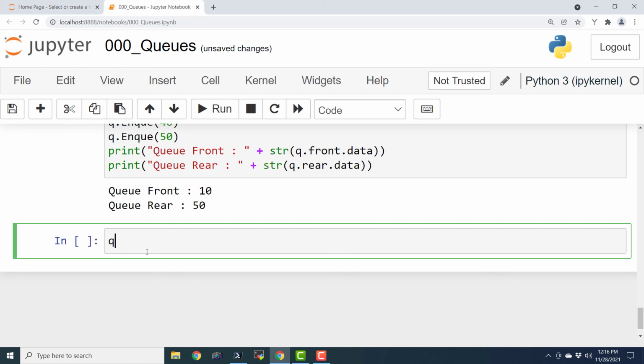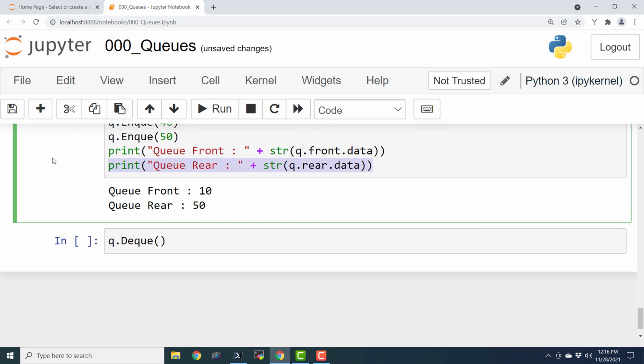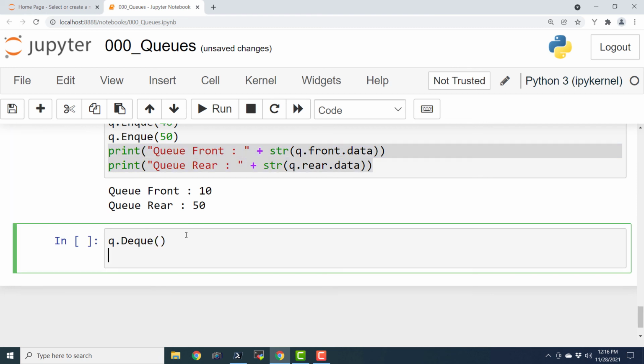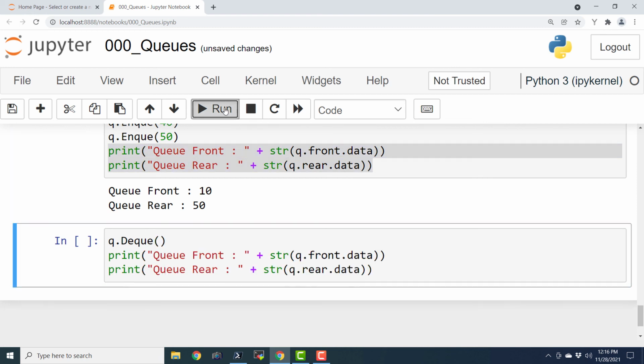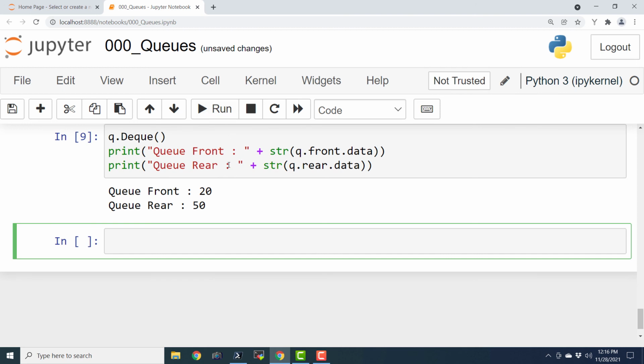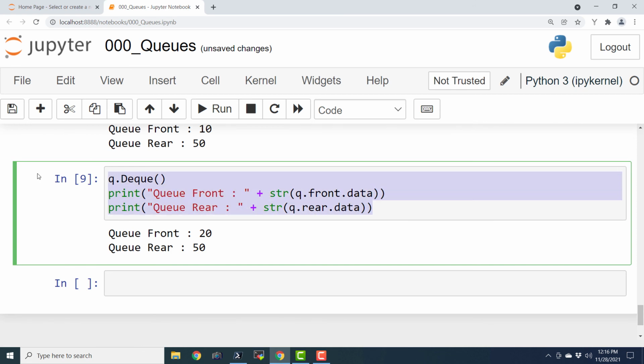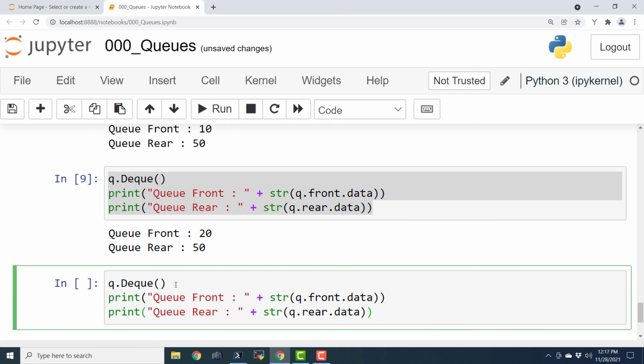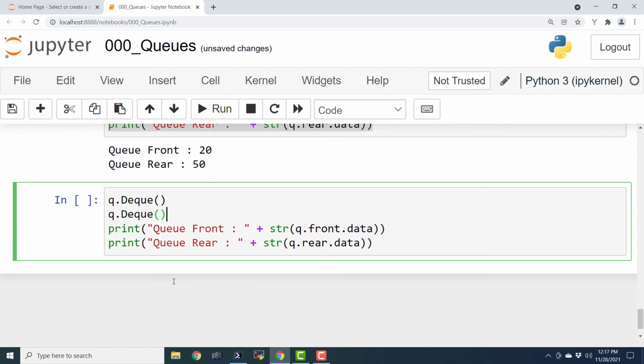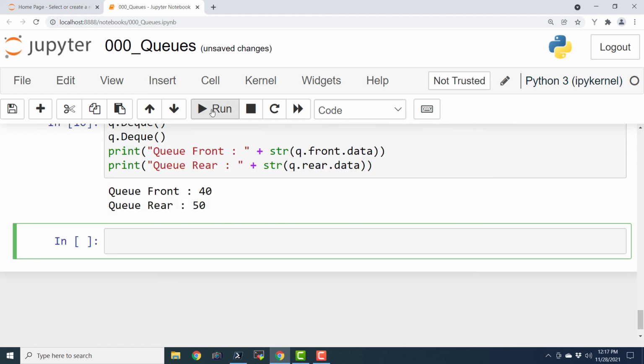So let us see if our code is correct logically. Dequeue. And then I'm going to print front and rear. And if I execute this, we have 20 in the front and 50 in the rear. Similarly, we will execute this dequeue operation twice again. So we will have 40 in the front and 50 in the rear.